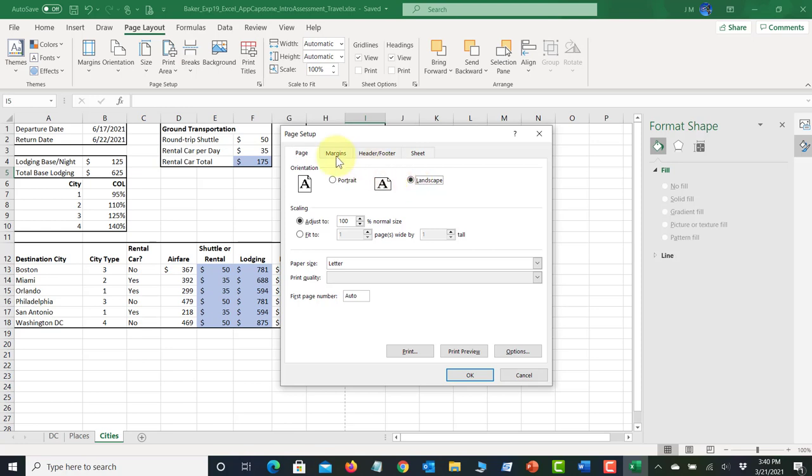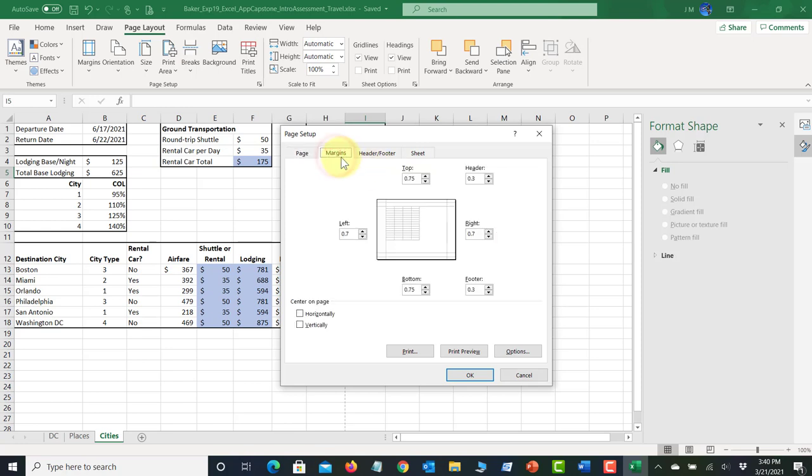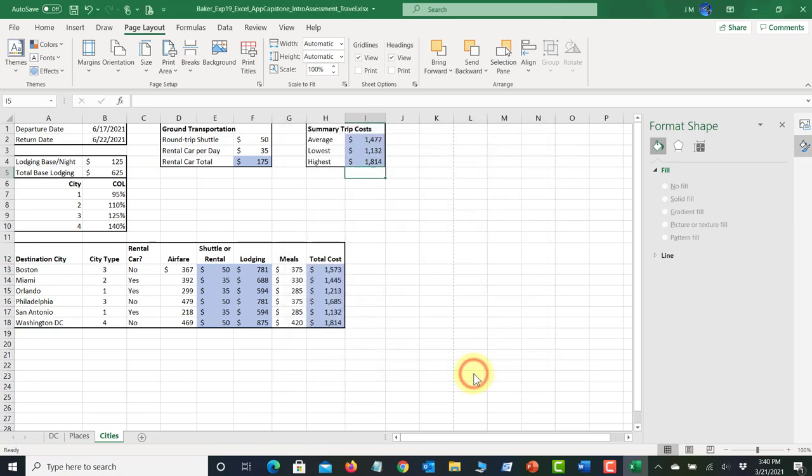And on the Page tab, they want us to change to Landscape. They want us to go to Margins. Top margin they want 1 inch. Let's see, set a top margin of 1 inch. Center the data, or center the worksheet horizontally, so that's down here. And then I'm going to click OK